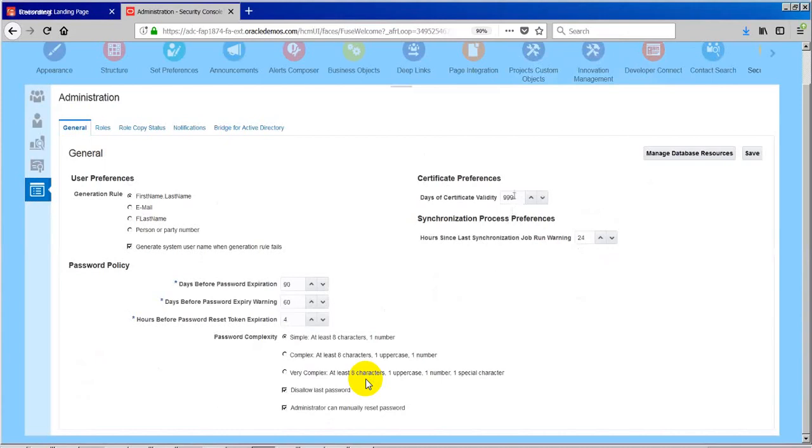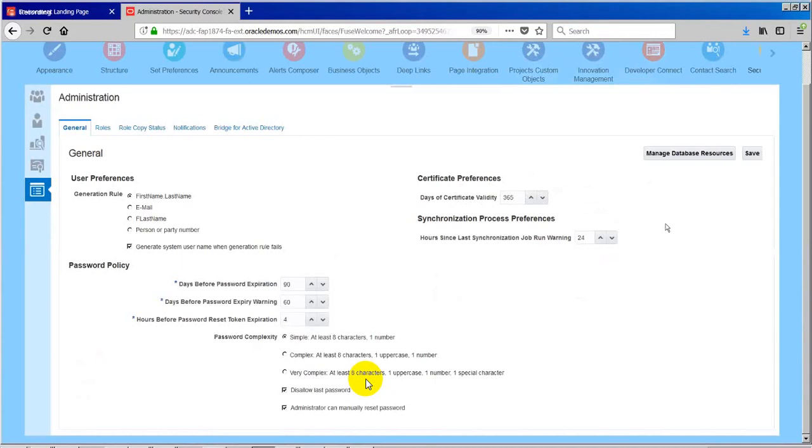Is it 999 days, or what number of days do we want to keep the certificate valid? It means if it's 990 days, typically it will happen. Some companies will go by 365 days, because every 1 year they have to renew the certificate. Every 1 year they have to make sure the certificate has the latest security policies attached to it.